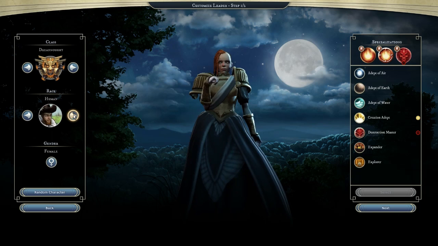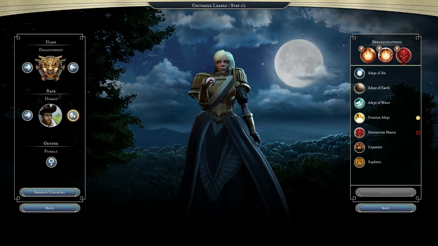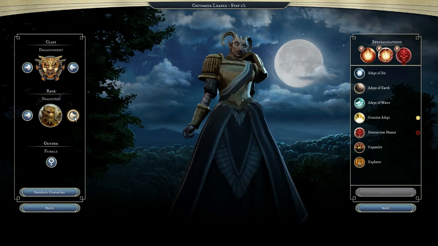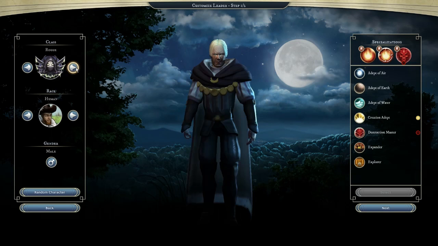And we can pick races, which are human, orc, goblin, dwarf, draconian, and high elf. Yeah, I don't know why goblin and orcs are separate. I thought they would just put them in as one thing, as just greenskins in general. But anyway, let's go for human. I'm going to go for male as a character class, and we're going to go for,